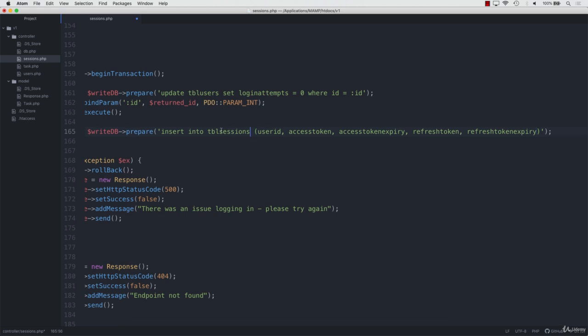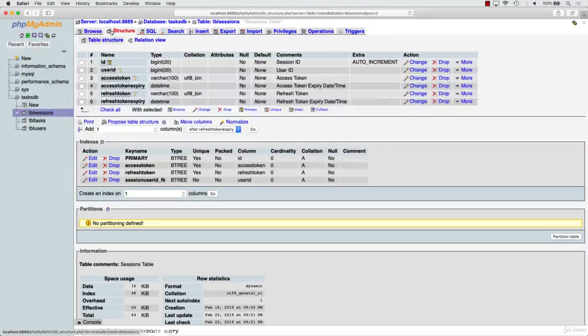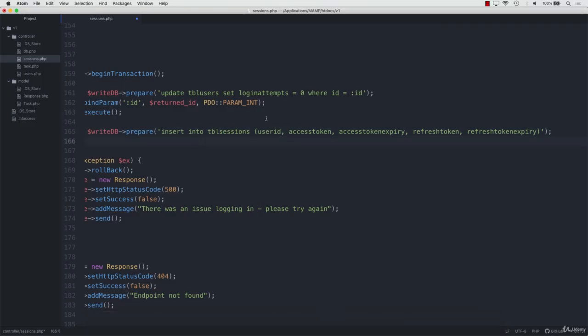So remember, in our database table for TBL sessions, if I just go back to here, TBL sessions, and then we've got ID. The user ID is the internal ID for the user. So because we have that, we already returned that from the TBL users table, and then we're storing the access token, the expiry, the refresh token, and the refresh token expiry. So if we go back to Adam,